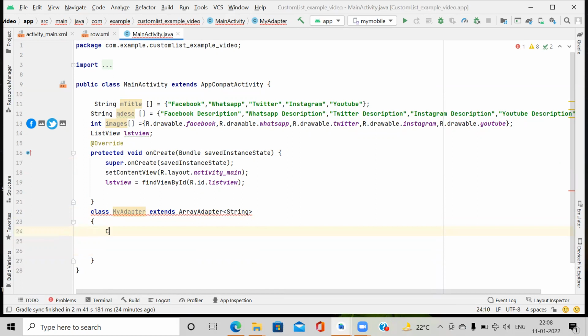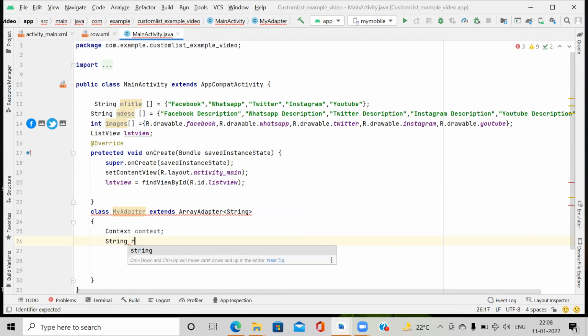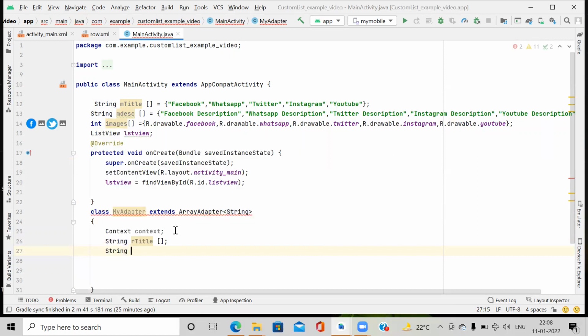So here first, the context that we require. The class is not imported, so press Alt and Enter on it. It automatically imports. Then we require title, so I write here String title. Then we require description, and we require images.